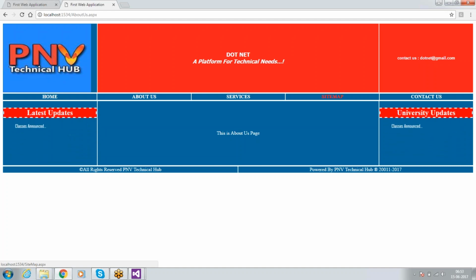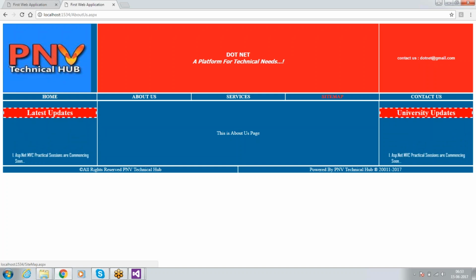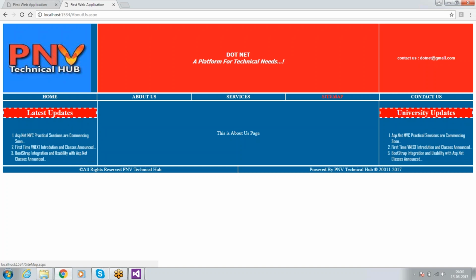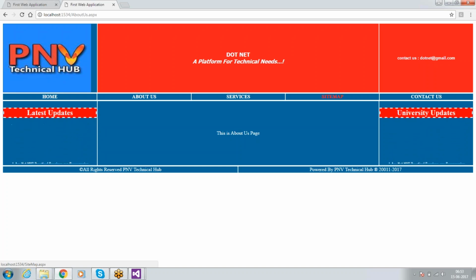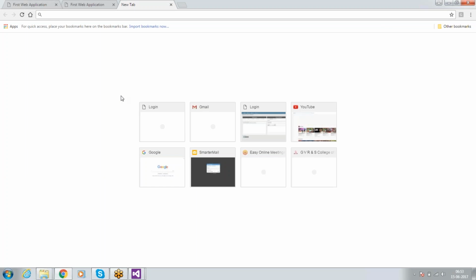It also provides flexibility to the end users who are using the website. Suppose I have a university portal. I don't know where I get a hall ticket. I don't know where I get notifications. I don't know where I get results. When you visit the sitemap, automatically all that information will be available for you. For example, I would like to show you a few pages whose sitemap is there.